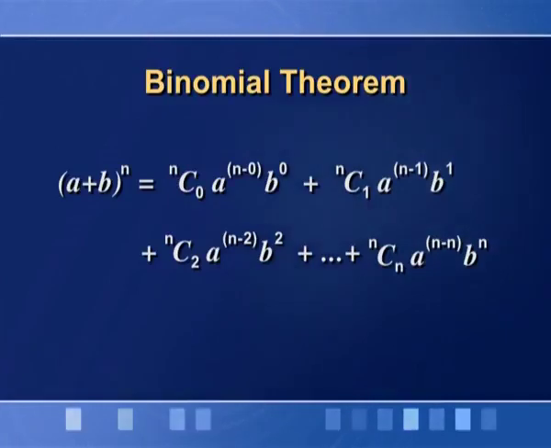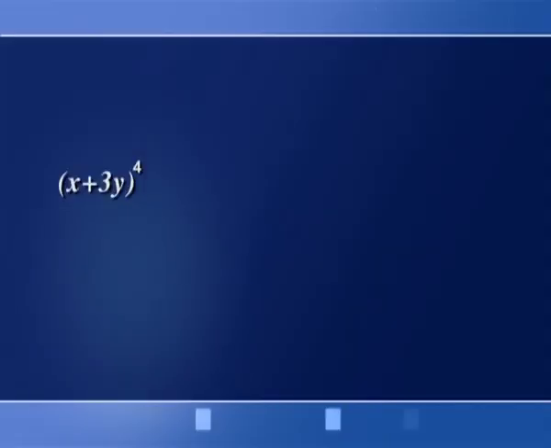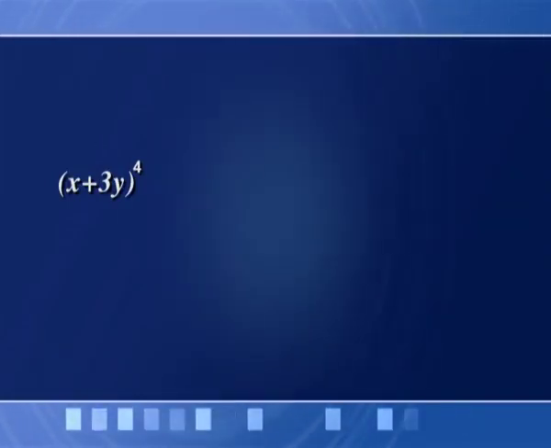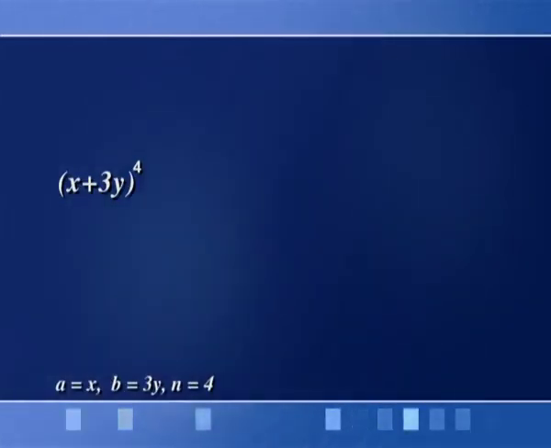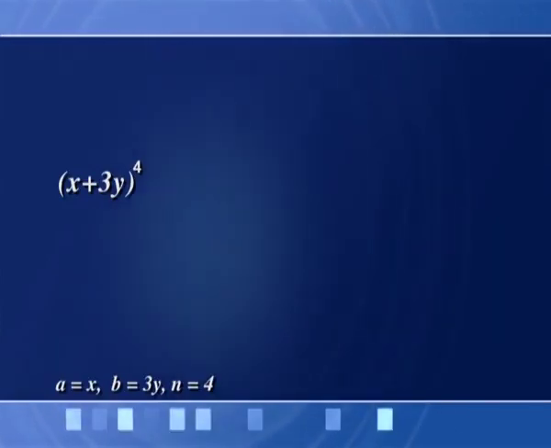This theorem is known as the binomial theorem, and remember, here n is a natural number. So, using this binomial theorem, we can have the expansion of any binomial which has a natural number power. The power may be small or it may be higher. Let us take an example: the question given to us is (x plus 3y) raised to the power 4. In place of a we have x, in place of b we have 3y, and the power 4 is in place of n.